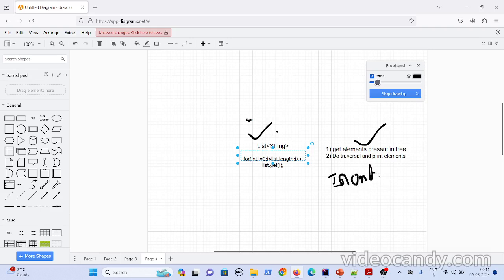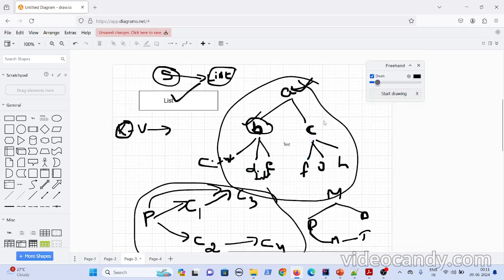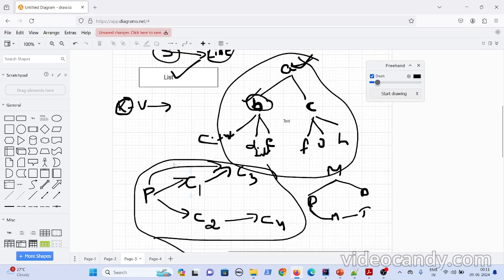Now what is your aim? You want to print the elements present in the collections, in these different kinds of data structures. The same thing goes for a graph. If you want to print all the elements in the graph, first you should fetch the elements and then apply some traversal technique. For a graph, the traversal techniques are depth first search or breadth first search.